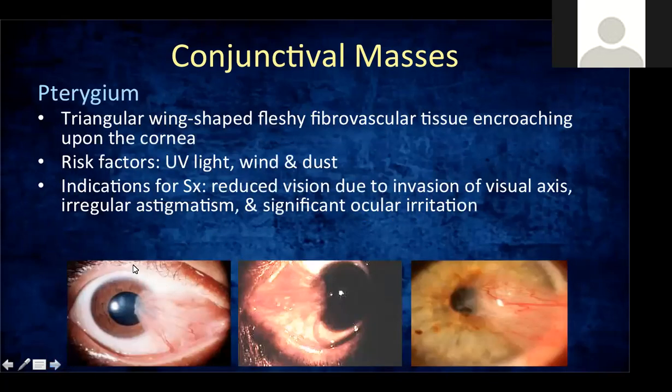This may be more familiar to you. This is your pterygium or your pugita in Filipino. Okay. It's a triangular shaped lesion. Okay. It's fleshy, it's fibrovascular. Sometimes it starts off just at the border of the cornea, and then it can slowly grow and encroach on the cornea itself. Eventually, it may cover the pupil and cause blurring of vision. Risk factors would be UV exposure, wind and dust exposure.